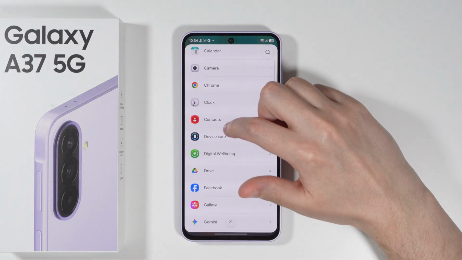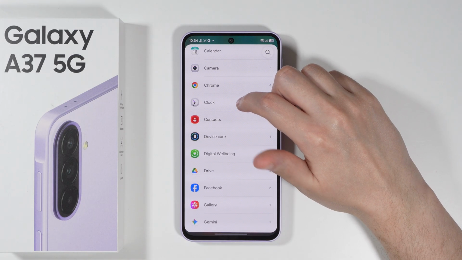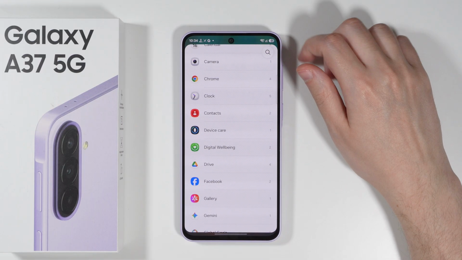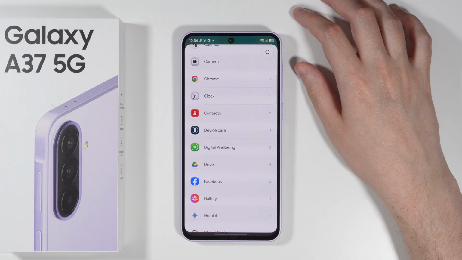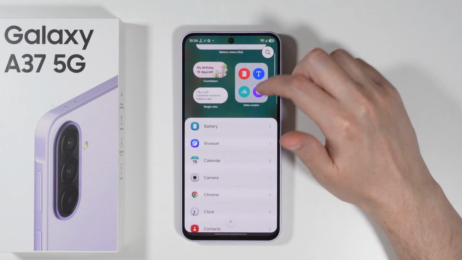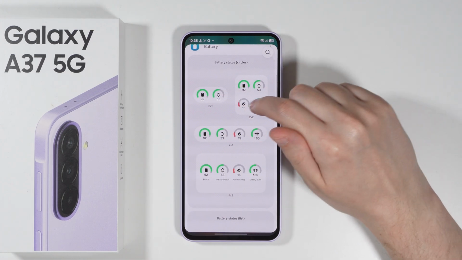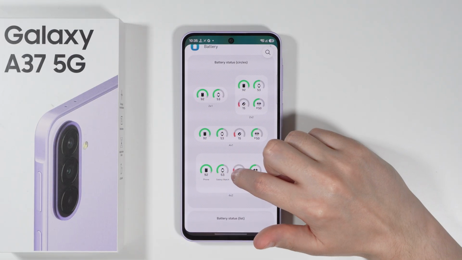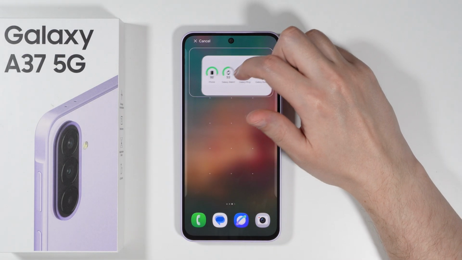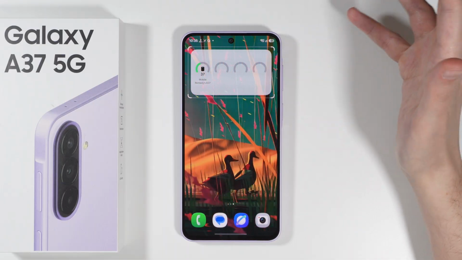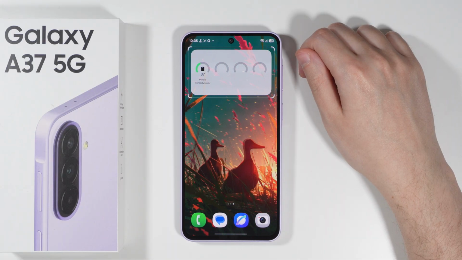We can also scroll down in order to find specific widgets from apps of your choice in here, of course as long as an app provides at least one widget. And then if you find a widget that you wish to use, then you should be able to, for example, press and hold your finger on that widget. Let's say I'm going to choose this one, and then we can drag and drop it anywhere. And also you can tap on the widget itself to add it immediately to the home screen as well, to